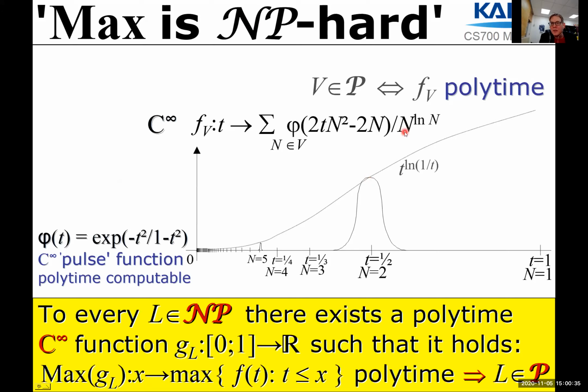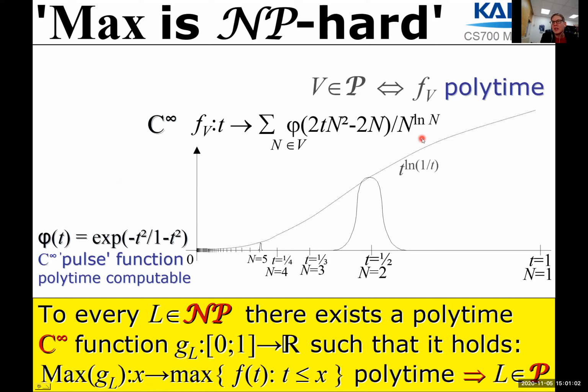Namely the height is N to the minus logarithm of N. So the binary precision in order to distinguish whether the pulse is present or not is roughly the logarithm, right? That's our precision parameter. It's always 2 to the something, and we can express that as N to the logarithm of N is basically 2 to the logarithm squared,